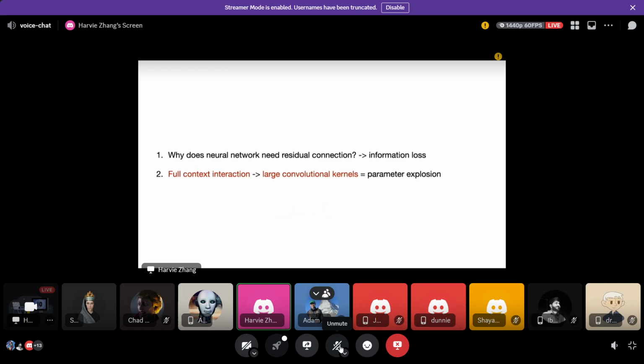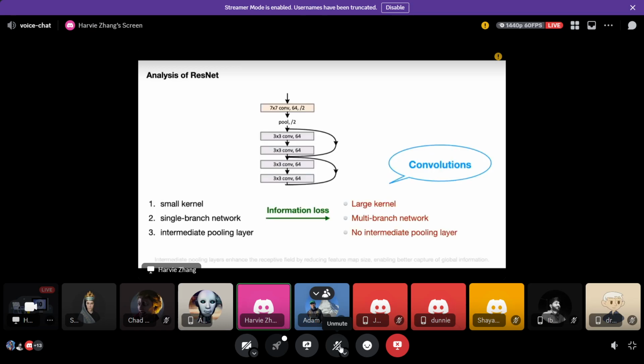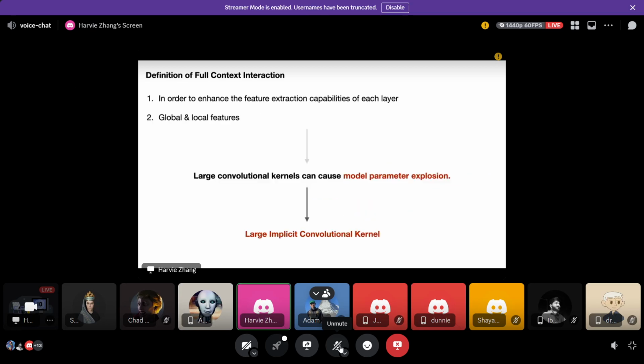To reduce the information loss, I propose the full context interaction. What is the full context interaction? It mainly focuses on enhancing the feature extraction capability of each layer. At each layer, the model needs to extract the global and local features, and then combine them. But this needs large kernels,